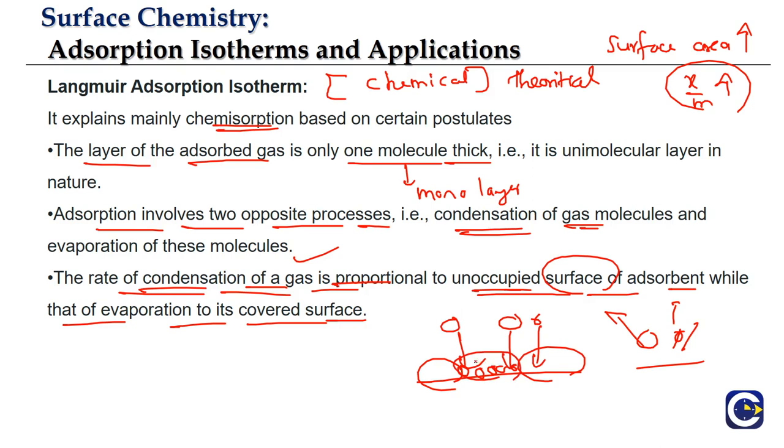So we have the condensation equivalent and the evaporation equivalent. The equilibrium stage will be reached eventually where the rate of condensation is equal to the rate of evaporation. And here pressure will play a major role, because as we increase the pressure, it will push the phenomenon more towards the forward direction, meaning there is going to be more condensation. So if you look at the Le Chatelier principle,